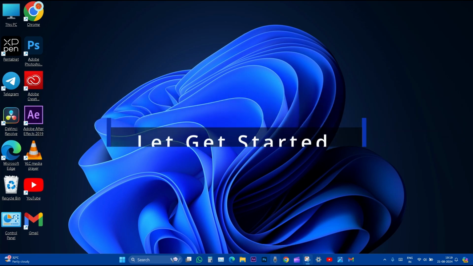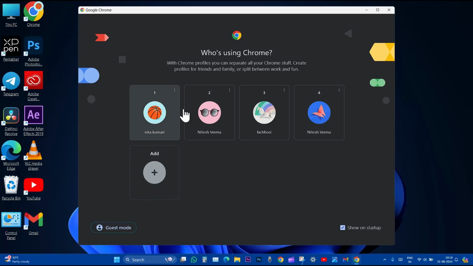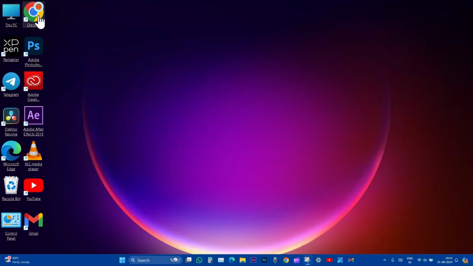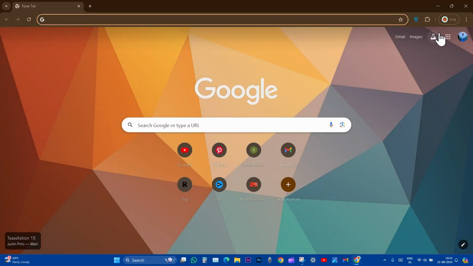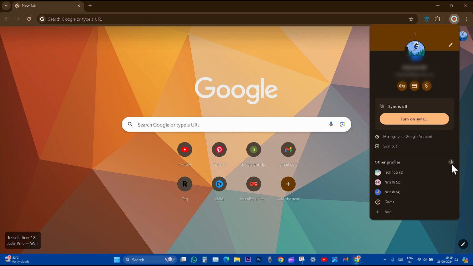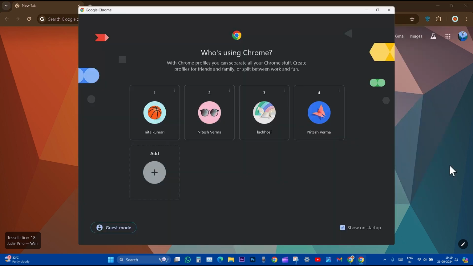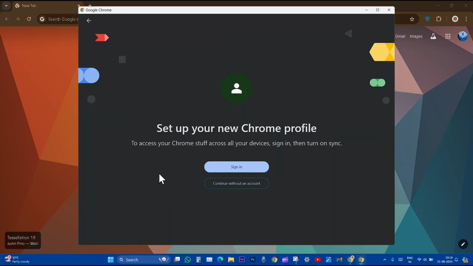Let's get started. See how I am using 4 different profiles with a single web browser. To do this, open any Chrome browser and then click on your profile icon on the top right side corner of your browser. And then click on this gear icon and you can see the option of adding a new profile. And then click on the add plus sign, and you can see the option of adding a new